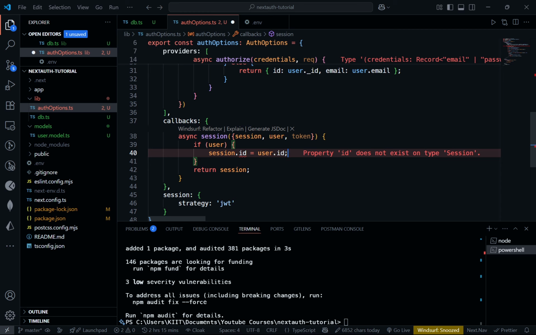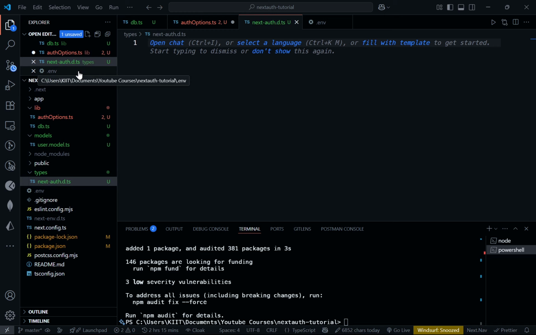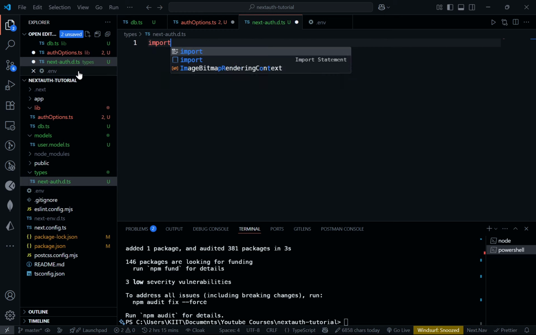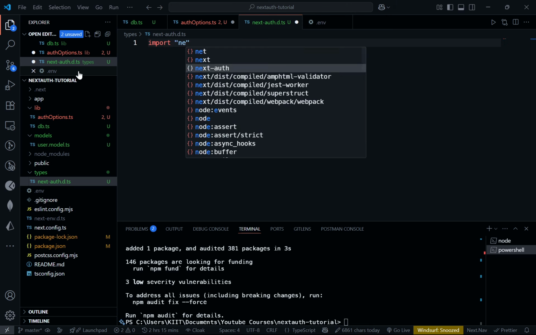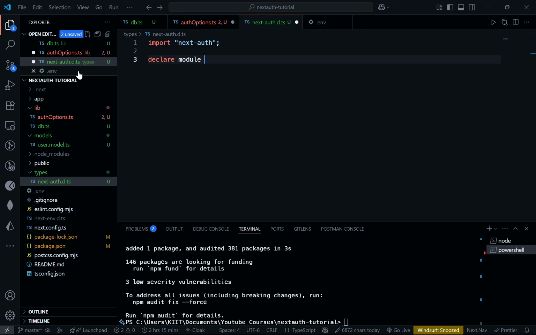Now to fix this error, we have to create a types folder. Inside the types folder, let us create next-auth.d.ts. Now we have to declare this global namespace. So first of all, let us import next-auth. So declare module next-auth. Okay. Declare module next-auth. And